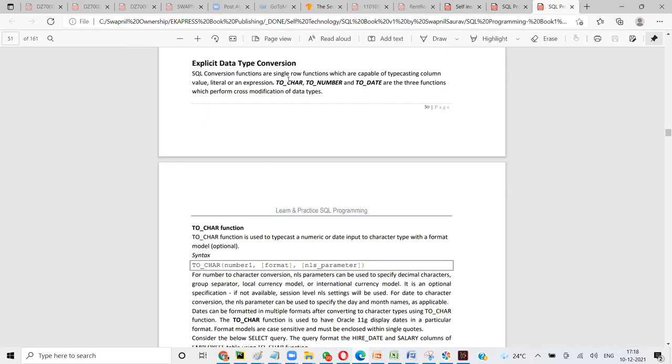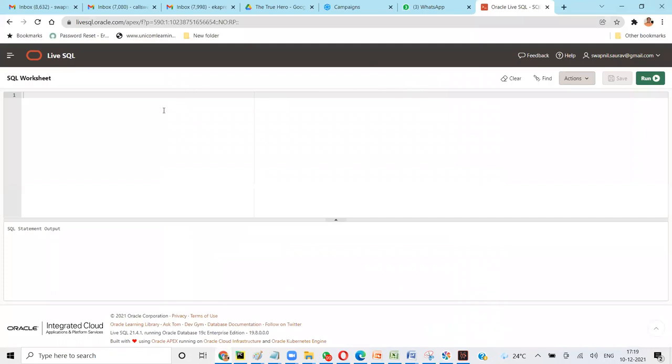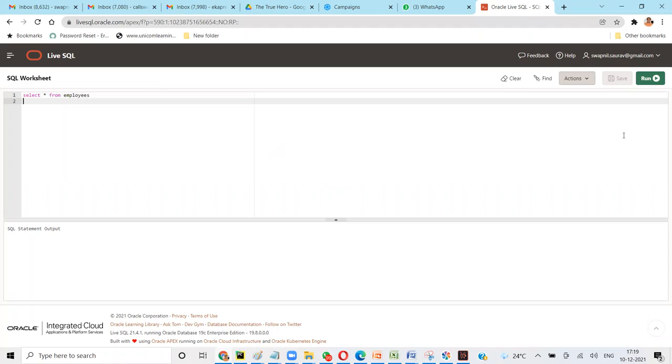Let's say we have this employees table here. I will do select star from employees.